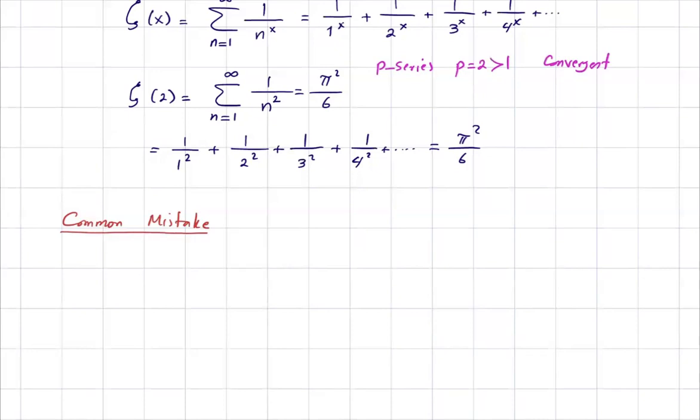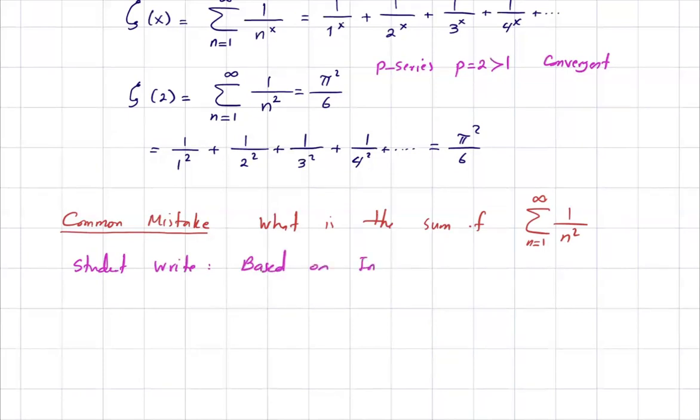On the exam, we ask, what is the sum of 1 divided by n squared, n starts from 1, goes to infinity, and students write, based on the integral test,